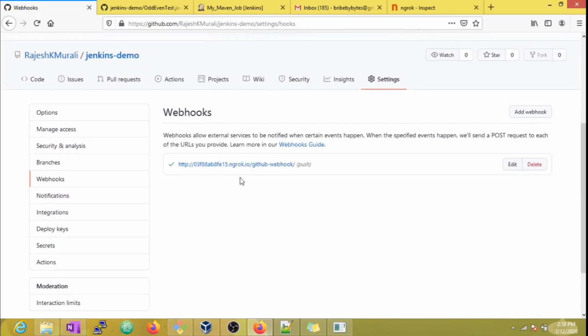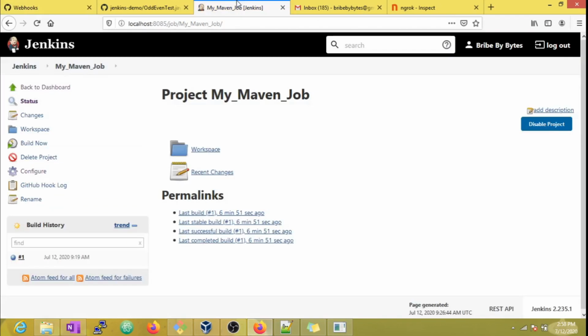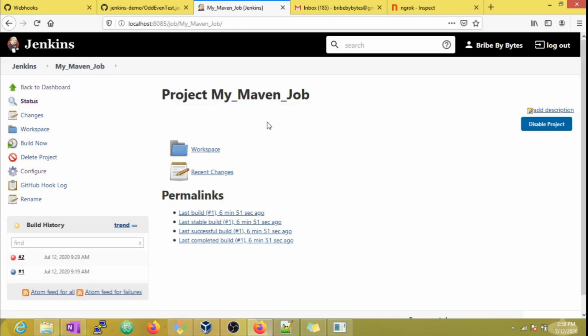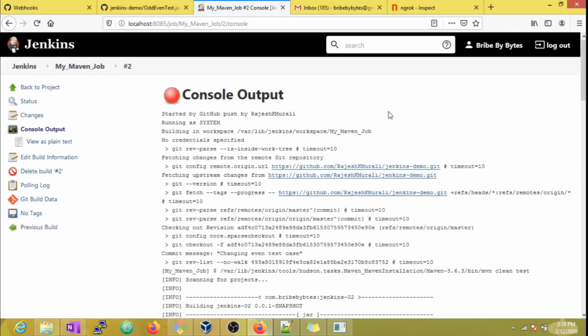As the webhook has already been configured, the build will trigger automatically. Now if we check the build, we can see that it has been triggered by GitHub hook.